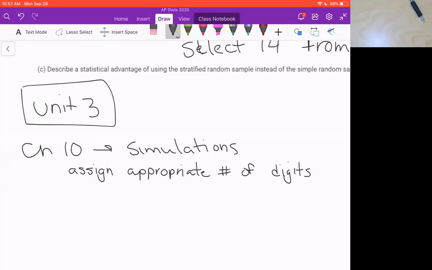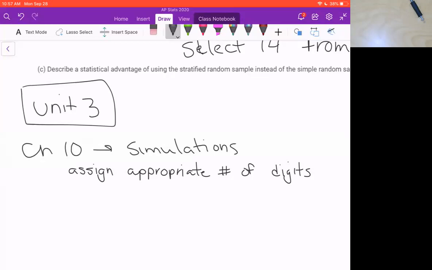So in other words, you would not flip a coin for that because he's not a 50-50 shooter. If he's a 70% shooter, you need to make sure that the way you assign the representation for your simulation actually represents 70 and 30%. So with simulations, that's pretty much what you need to be able to do: read a simulation and know which is the correct way to assign the digits, or be able to say, no, they did it wrong, and explain why they did it wrong.